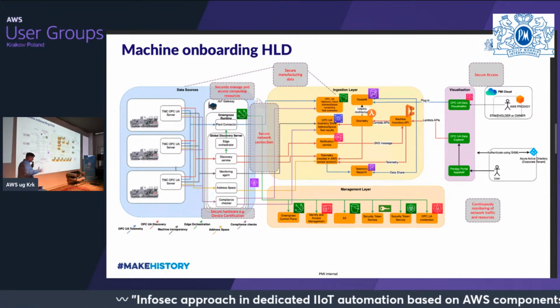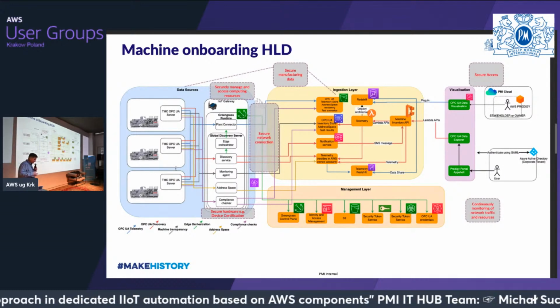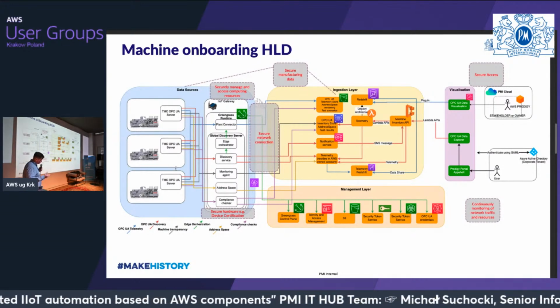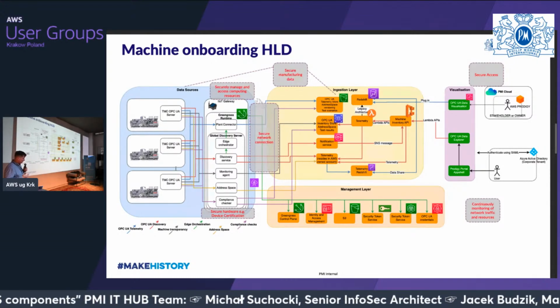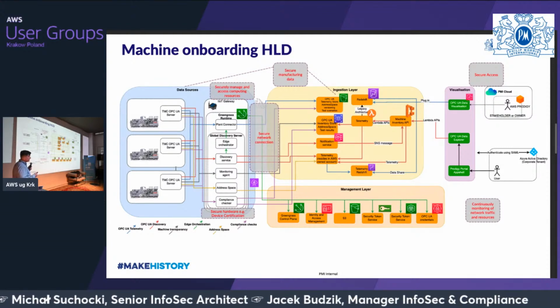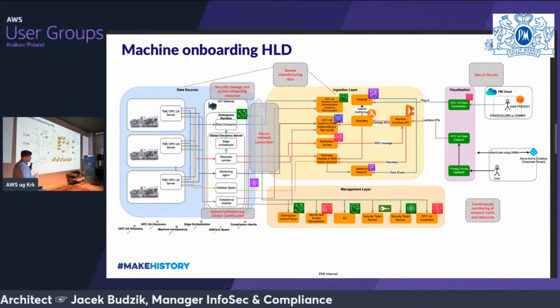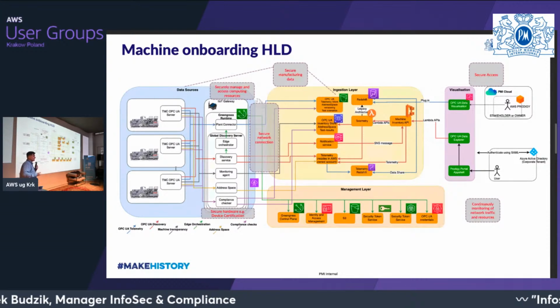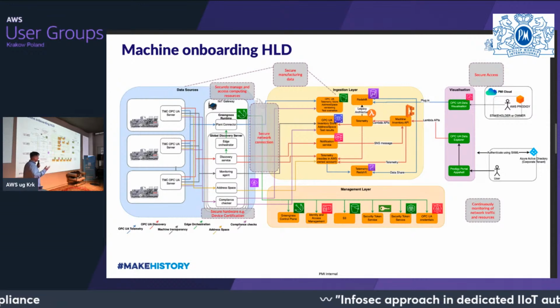And what is crucial for us from an InfoSec perspective is, like I said at the beginning, to secure the data. From confidentiality, so we know that any type of confidential data will not leak. From integrity, we want to be sure that no one will play with our data or change this data. And also from availability. If this data is crucial for our business, it needs to be available, let's say, at 5 nines or 3 nines at least.